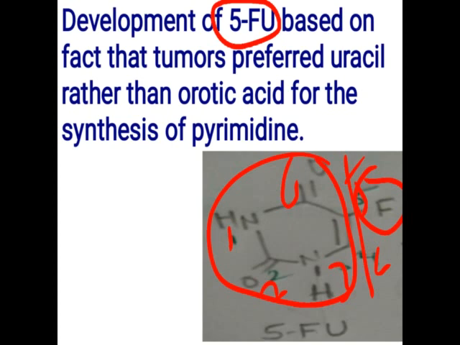So when it enters into the DNA or RNA synthesis, instead of uracil you will get 5-fluorouracil at each point. And as I have told, this does not enter into the DNA or RNA synthesis directly. First it has to be converted into the triphosphate form, then only it can enter into the DNA and RNA synthesis. So 5-fluorouracil is converted into